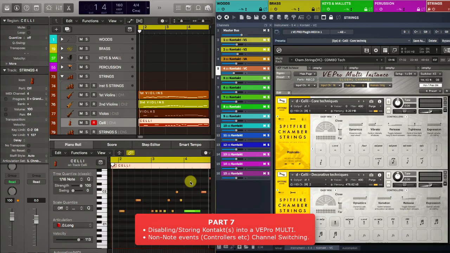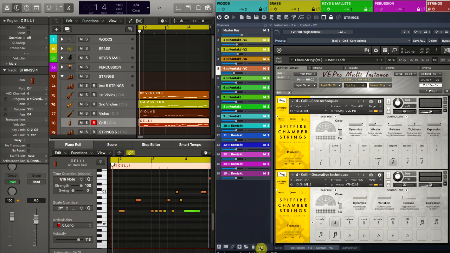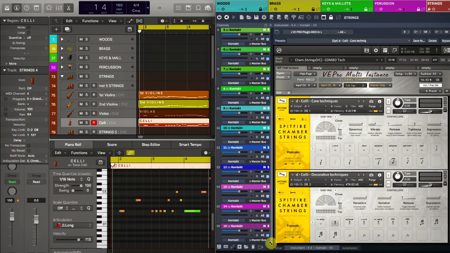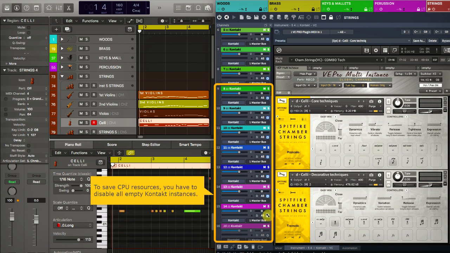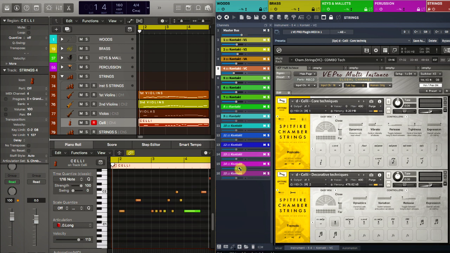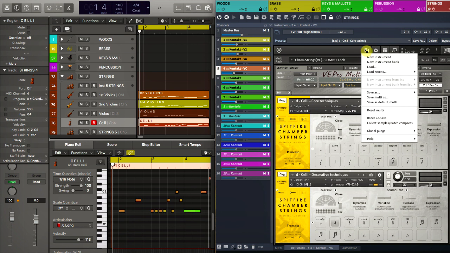It is well known that each empty Kontakt instance takes CPU resources. For that reason, I recommend that you disable all empty Kontakt instruments you don't use. The VEP instrument power button can be used to unload actual system RAM resources in case you decide to disable a Kontakt instance. You are advised to store your Kontakt instruments as Kontakt multi presets because you will need them as a backup in case you update your Kontakt to a higher major version such as 7, 8 or 9